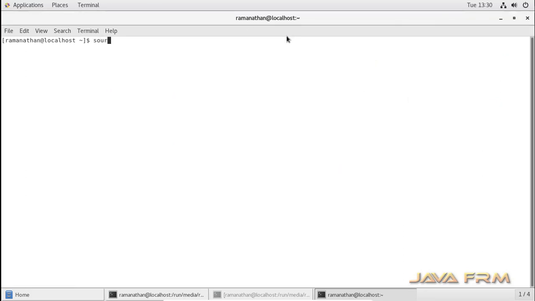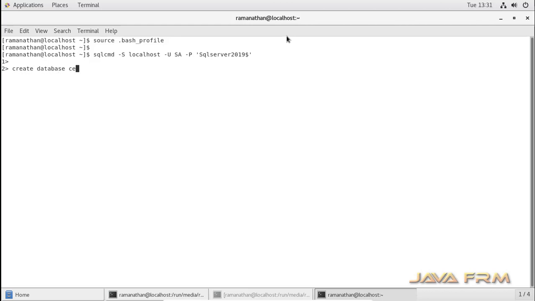Okay, now open the terminal. Source dot bash underscore profile. This source command will load the latest settings in the bash profile. Now let me try SQL CMD. SQL CMD is used to connect to the running SQL Server instance. So sqlcmd -S localhost -U SA, where SA is the username, -P and the password I am giving. Yes, I am able to connect now.